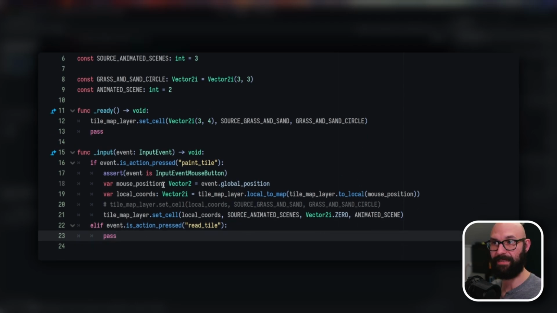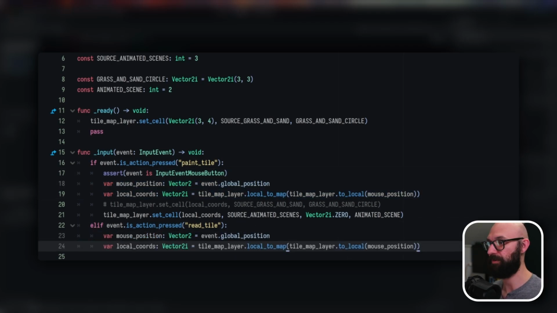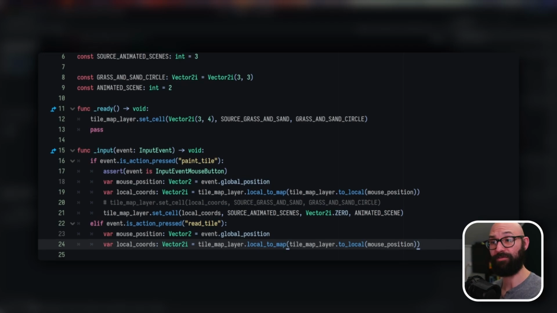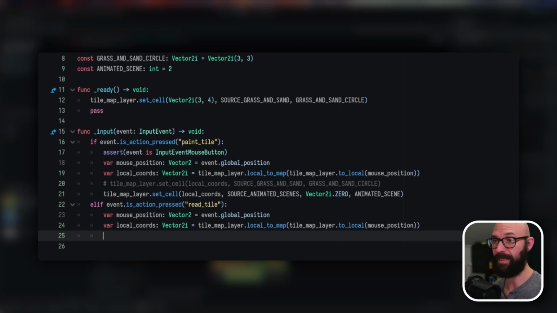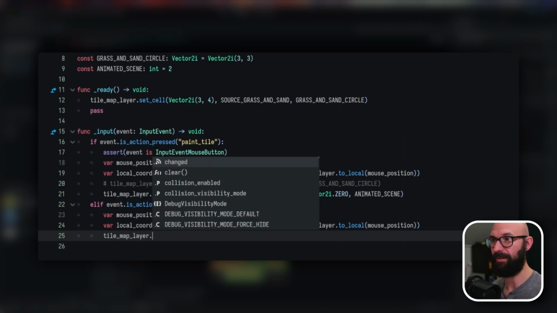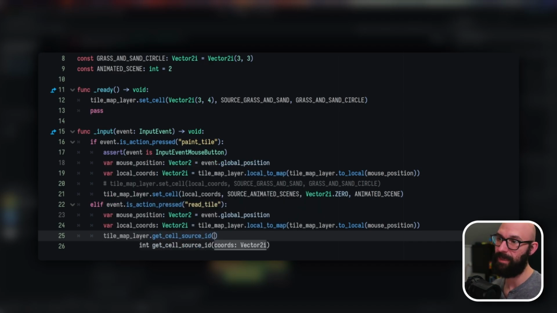We also know how to get the mouse position and the local coordinates. So let's grab that information right now. We can take this exact same code and move it over down here. Now we have to actually read the data off of the tile map layer. So the most universal way of detecting this information is to check the cell source ID. And so if we look at tile map layer, we have a get cell source ID, and this takes a vector 2i, which is our coordinates, which we can just pass in these local coordinates,